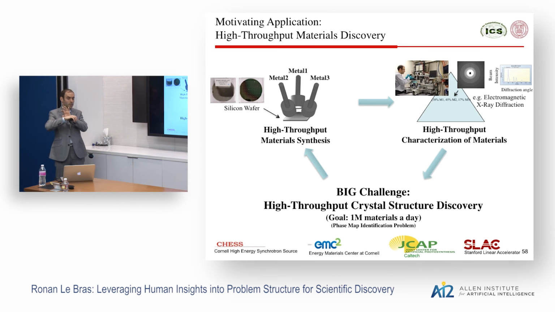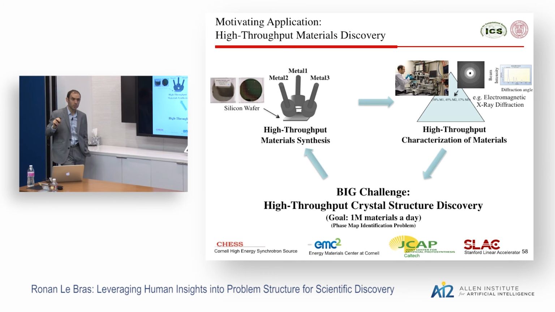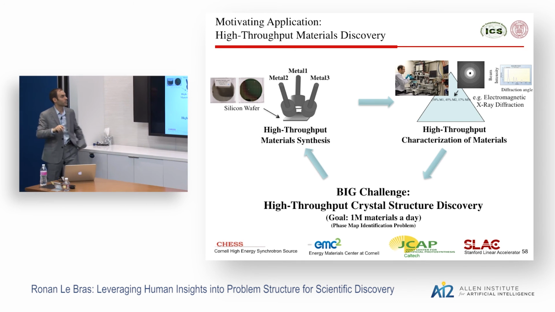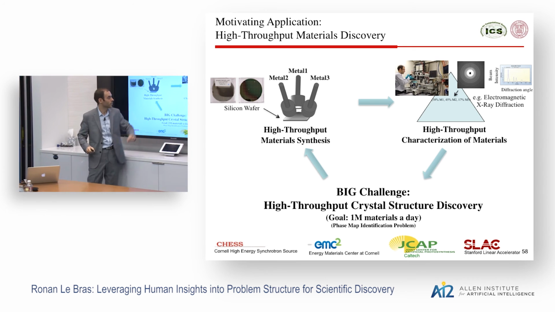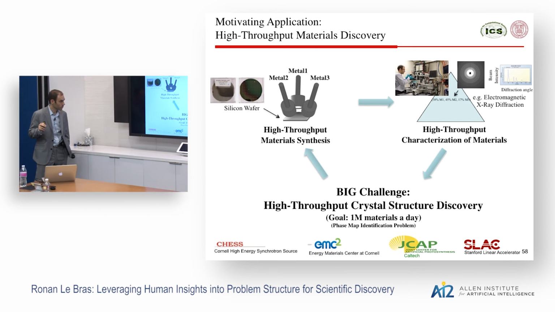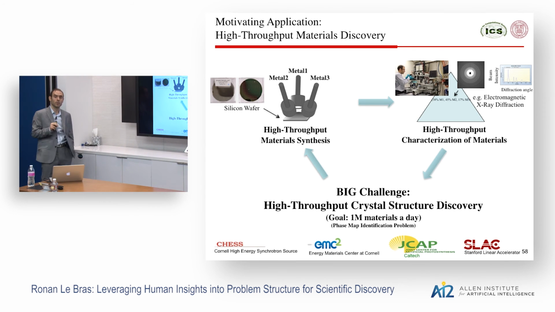And this will allow you to characterize one of the points you have on the wafer, and you do that for many different points. Now, the bottleneck of this approach is being able to analyze all the X-ray diffraction patterns that you have in this problem to make sense of what's going on on your silicon wafer. So this is what they call the phase map